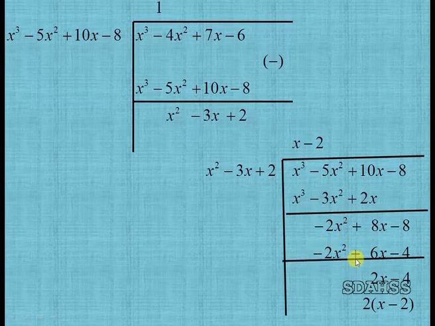Again here plus 6x becomes minus 6x, so 8x minus 6x, 2x. Similarly minus 4 becomes plus, so minus 8 plus 4, minus 4. Now 2 is common, so take 2 outside, 2 into x minus 2, and then again find the GCD. Here this divisor becomes the dividend, and that remainder becomes the divisor.